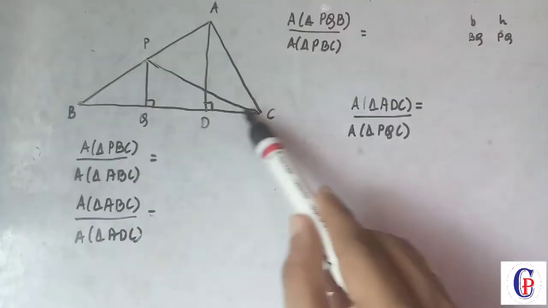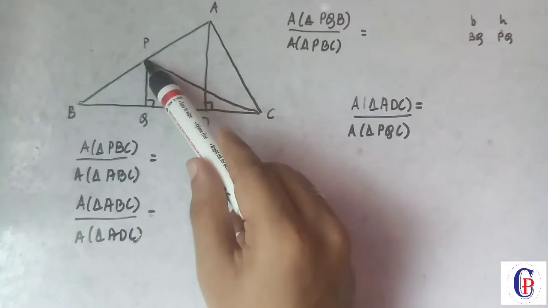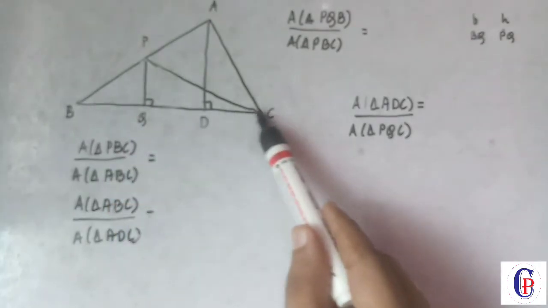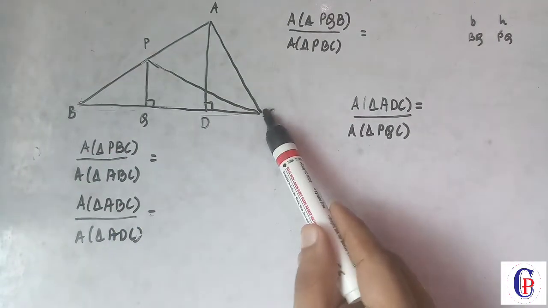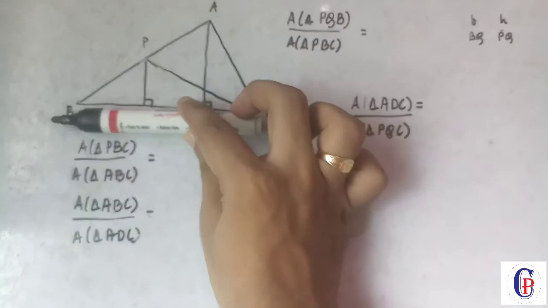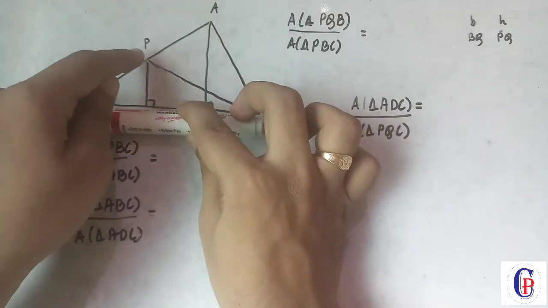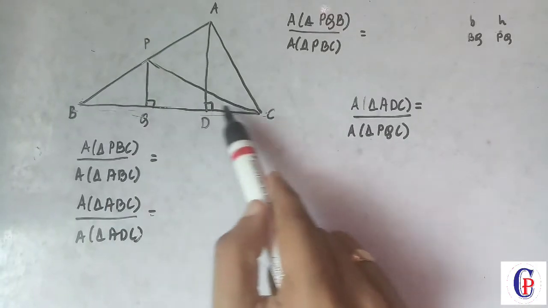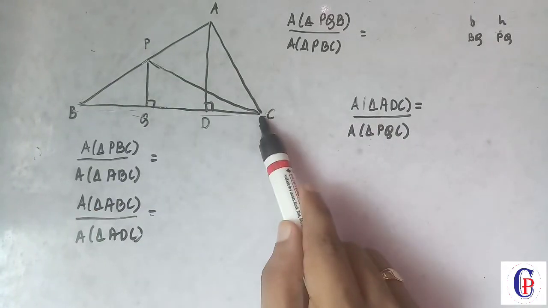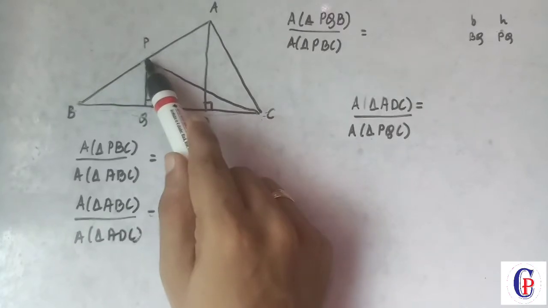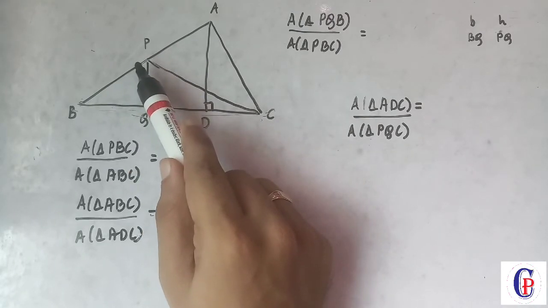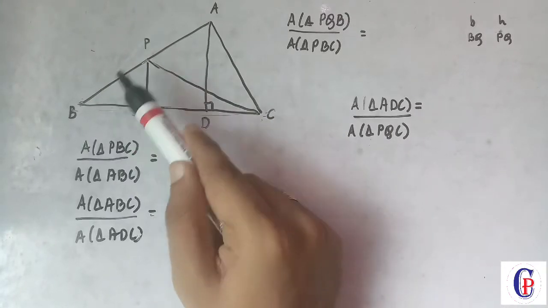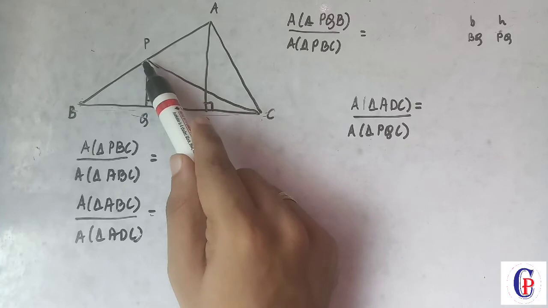This triangle PBC. Okay, PBC. Now you can see here that in PBC, BC is the base, this whole BC is the base, and which point is in front of this P? Okay, we are only seeing this triangle PBC. In this PBC, if I take BC as the base, the front point is point P. Instead of saying front point, we can say that the front vertex is point P.